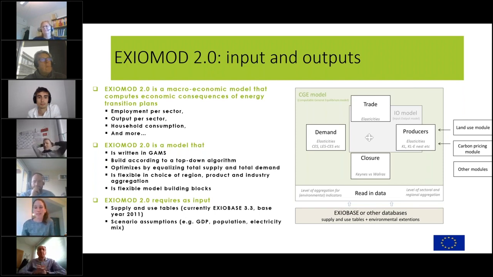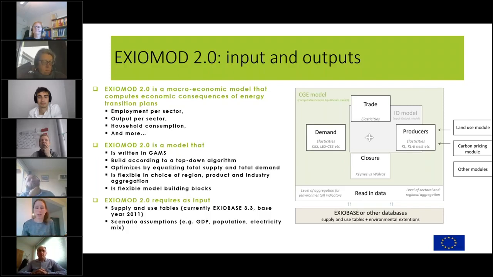And what this model does, it calculates how this change in one sector basically waves through the rest of the economy. One of the strengths of this model is that it has quite an elaborate underlying database, called Exiobase. The model allows you to deal with this database in a flexible way. So if, for example, a certain nation would like to only look at its own nation and aggregate the rest of the world, such that the rest of the world is all in one region, that's a possibility.